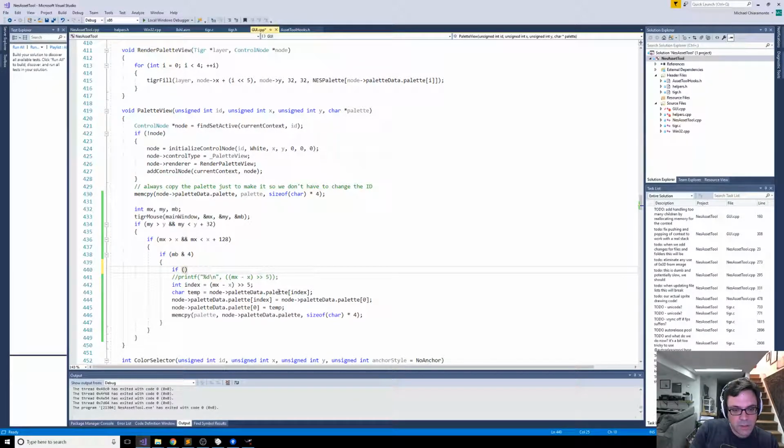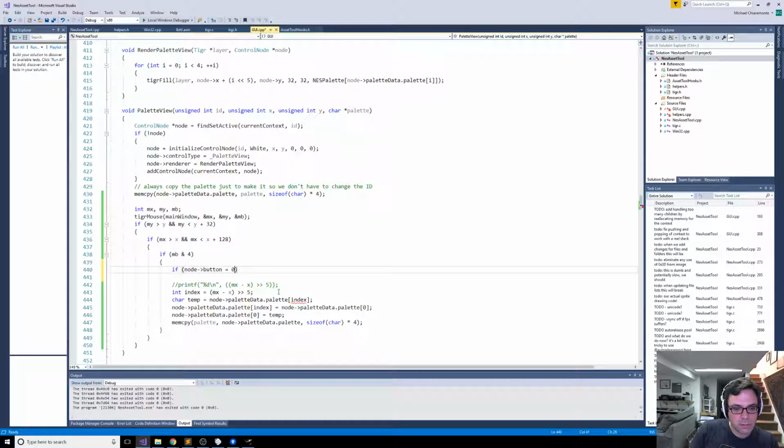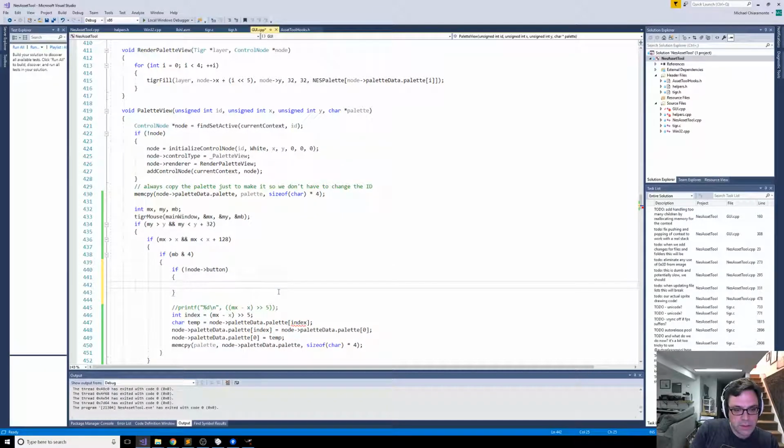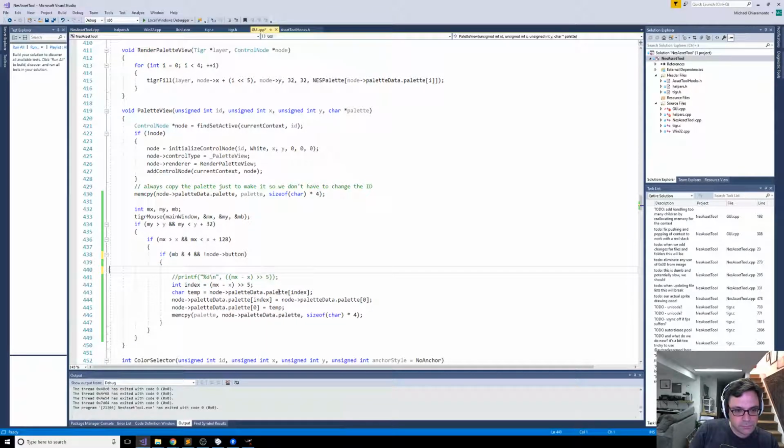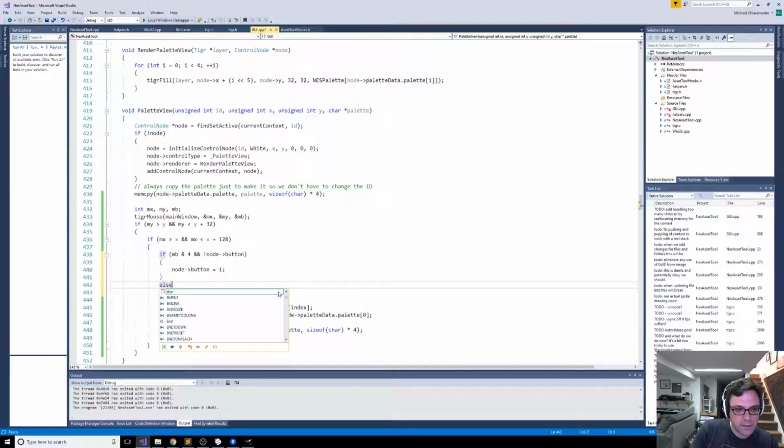So if not node button, then node button equals 1. Sorry, I'm starting to fade here. Just say node button equals 1, and then else